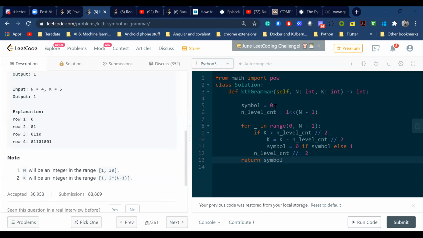Yeah. So first my symbol is the root value, which is 0. Then I'm taking count, like the number of elements in the nth level. So that would be n minus 1 shifted right, so that will be 2 power n minus 1. Then I'm taking a for loop and iterating until that level. Inside that level, if suppose k is greater than count by 2, that means I should go to the right side